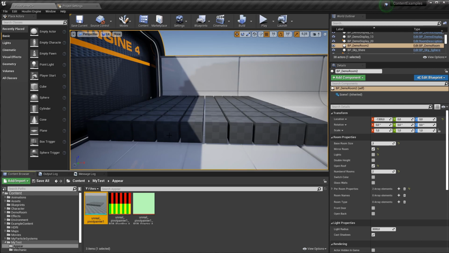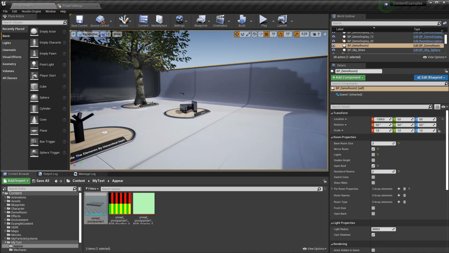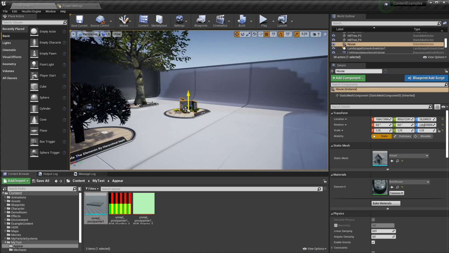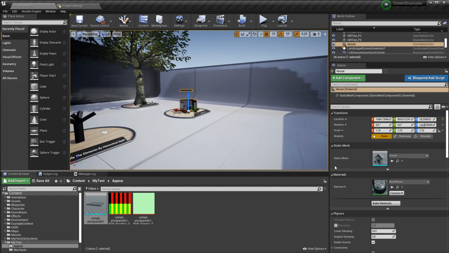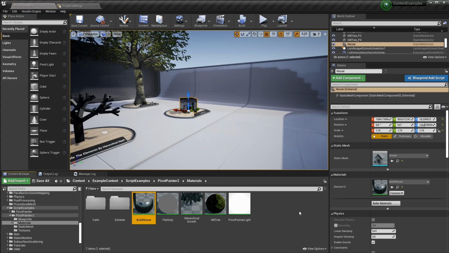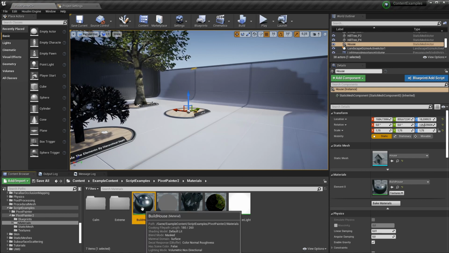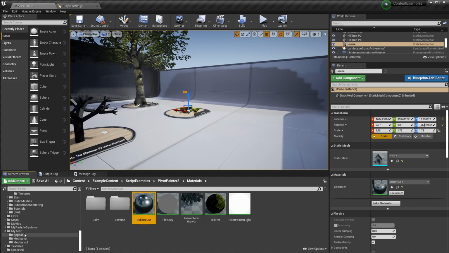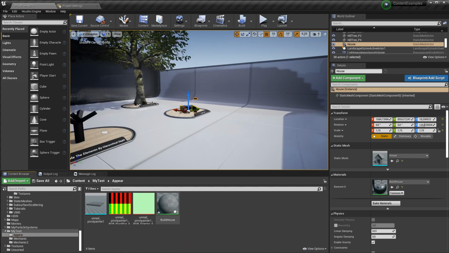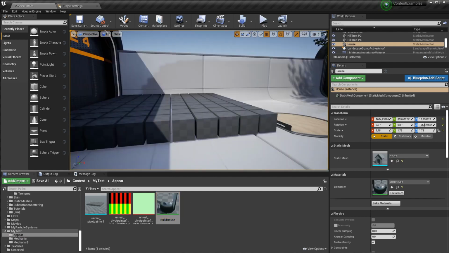And now we come to the reason why we went to this map to test this. Here we already have prepared Pivot Painter shaders that we can jump in for experiments. I want to look deeper into the build aspect. The magic is hidden behind the material, so click on the magnifying glass at the material to jump to its folder. And here it is, the Build House shader. I'm going to copy it with Ctrl C, go back into my own test folder and paste it in.